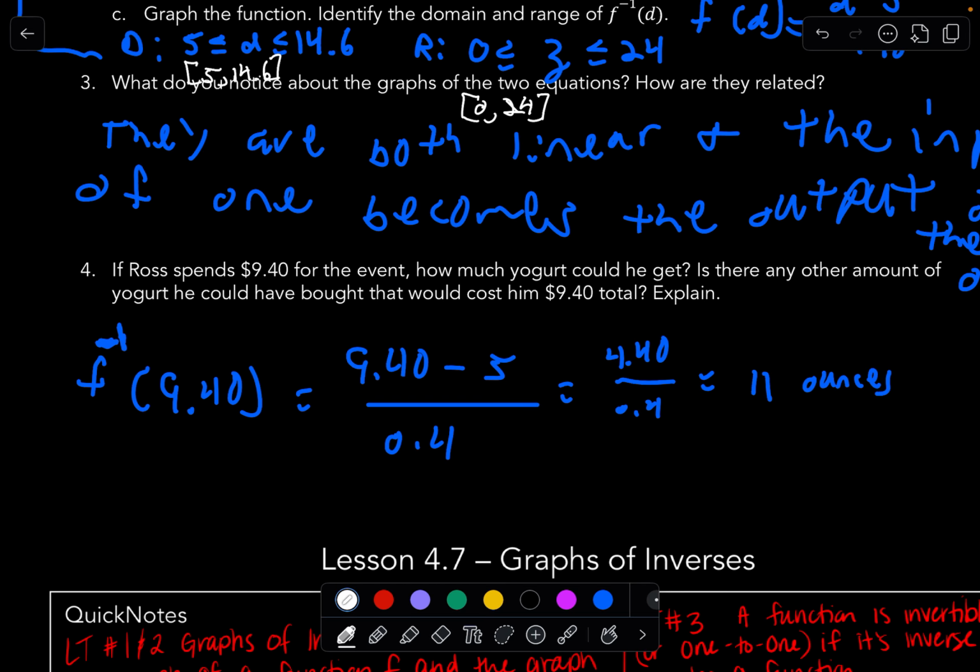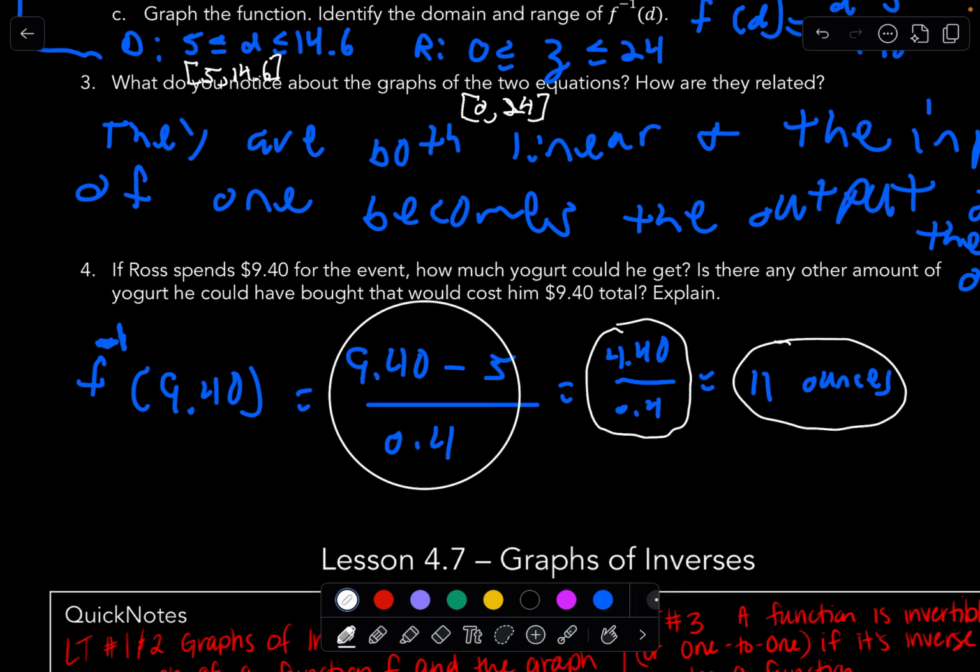All right. And then the final question is, if Ross spends $9.40 for the event, how much yogurt could he get? Is there any other amounts of yogurt he could have bought that would cost him $9.40 total? Explain. The answer to that is the following. Well, we just used the expression they gave us, which is D minus 5 over 0.4. We put in $9.40,